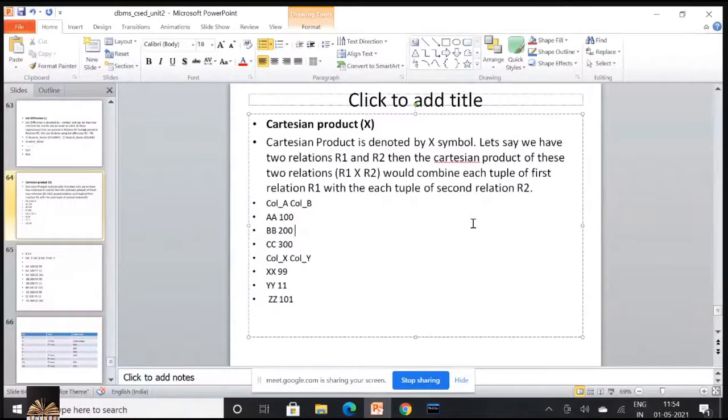If I say in a particular relation R1, I've got 5 rows, and in a relation R2, I've got 5 rows, then R1 Cartesian product R2 is equal to 5 star 5 rows. I'll be having 5 star 5 rows, because